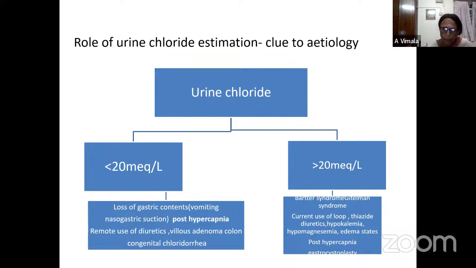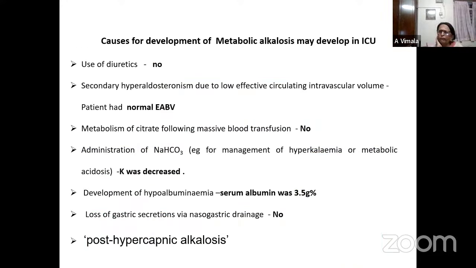Both are equally dangerous. So it is typically suggestive of post-hypercapnic metabolic alkalosis. Supposing a patient gets admitted and is on ventilation, what are the causes for metabolic alkalosis? The patient can be developing pulmonary edema. To prevent pulmonary edema, they would have been given loop diuretics. Here, there is no history of loop diuretics. Volume depletion, aldosterone. The patient should have secondary hyperaldosteronism with metabolic alkalosis, but the patient was euvolemic, so that is